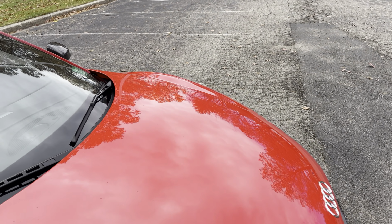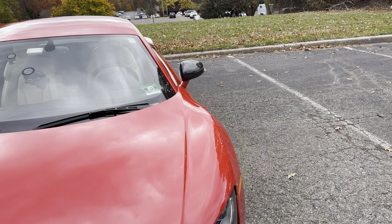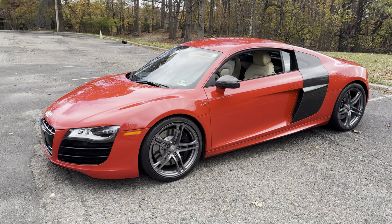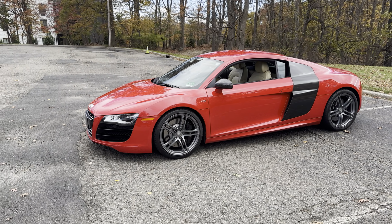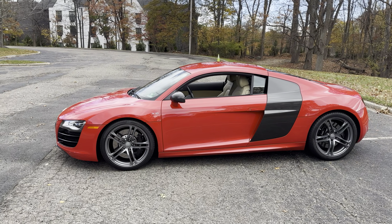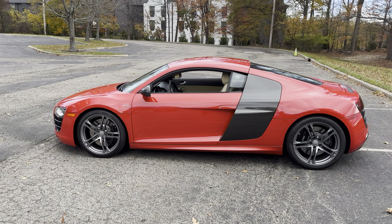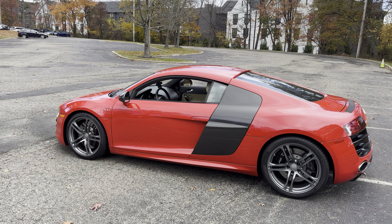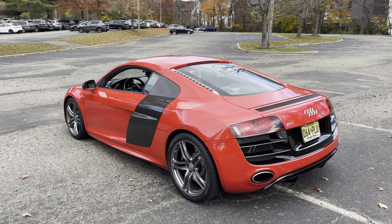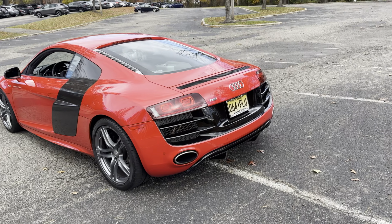Reliability. So this car's been super reliable. I bought a Fidelity warranty instead of an Audi warranty. The Audi warranty would only go back 10 years. With the Fidelity warranty, they will cover the mag ride, which leaks on every car and fails on every car. The Audi warranty does not, and you can only go back 10 years on the warranty. So my car, for example,